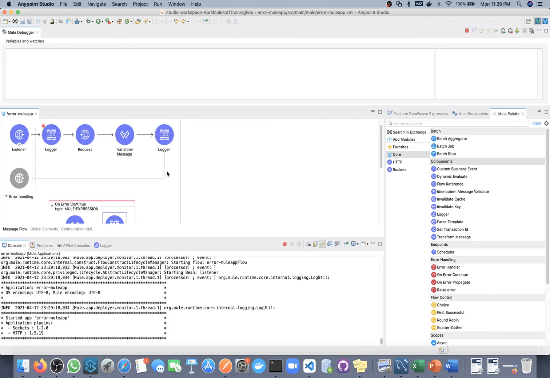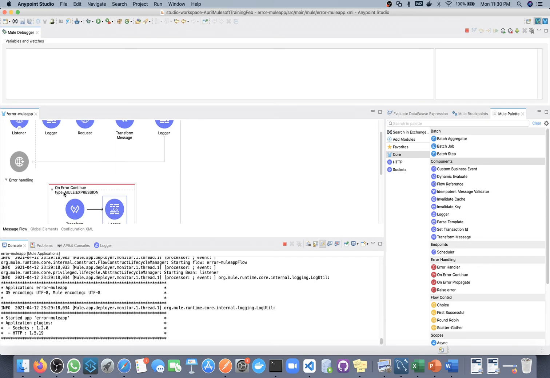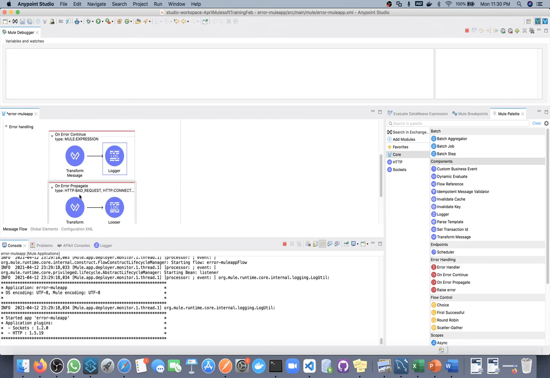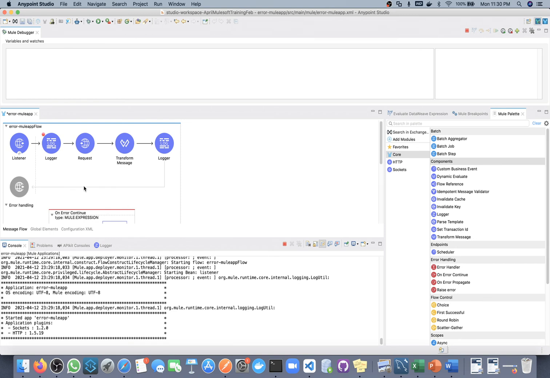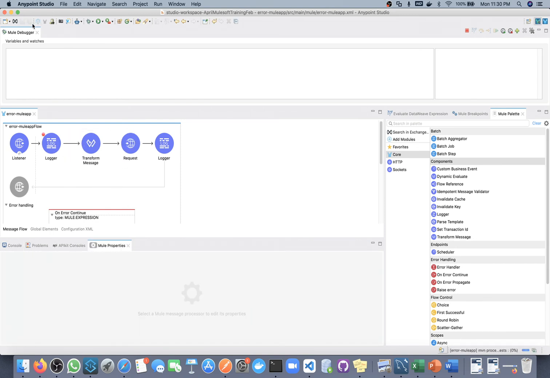Okay, so this part is also done. Now see, we have this HTTP error and also this DataWeave error. Whenever an HTTP error comes, it goes to this on error first, checks the type, it's not matching, so it goes here. And if it does not match here also, then it will go here, and here the type is any, so everything we can handle here. But now what I want to change is the sequence of these errors. So now my DataWeave error will come first.